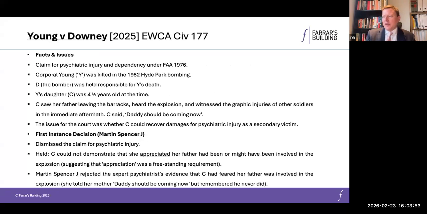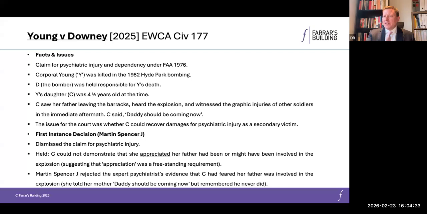So let's begin with secondary victims and the case of Young and Downey. The decision concerns really how a personal injury claimant qualifies as a secondary victim. And it's another important case in this line of cases under this general principle, following on from the Supreme Court's decision in Paul and the Royal Wolverhampton Trust of this time last year. And Young and Downey specifically concerns what witnessing the harm to the primary victim must entail. So I emphasize the word witnessing in the sense of understanding what has been perceived.